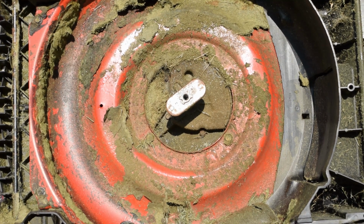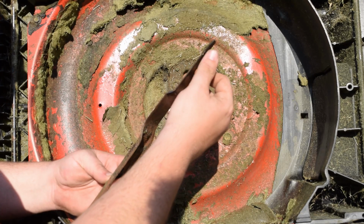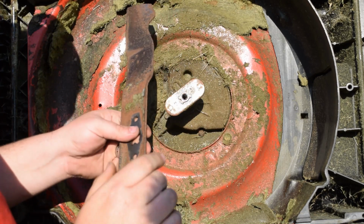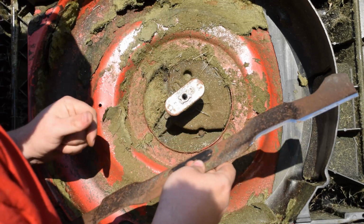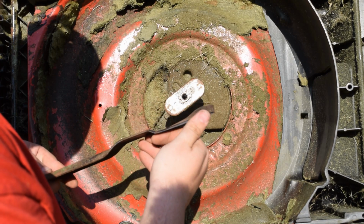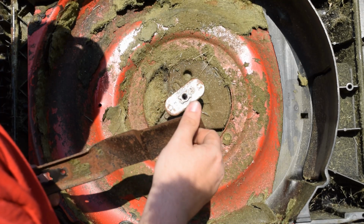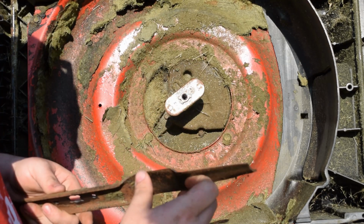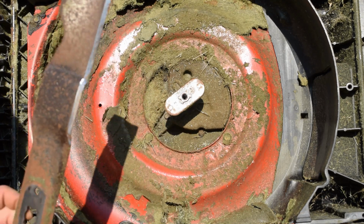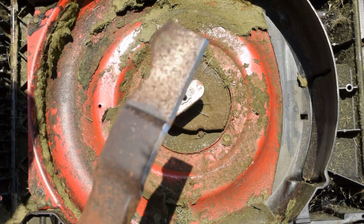Now that we have ourselves a freshly sharpened blade, it's a lot better than it was. Still got one little nick in it, but I'm gonna leave it alone like it is. The key to lawnmower blades is they need to be sharp, but they don't have to be razor sharp. But I do like having at least an edge to it, because the easier this can spin, the less stress the engine's gonna get, and the better of a cut you're gonna get. So I've always stressed,